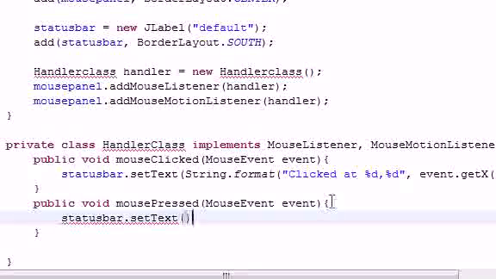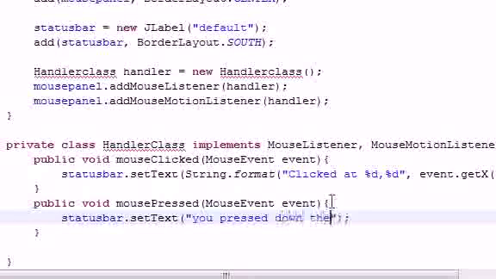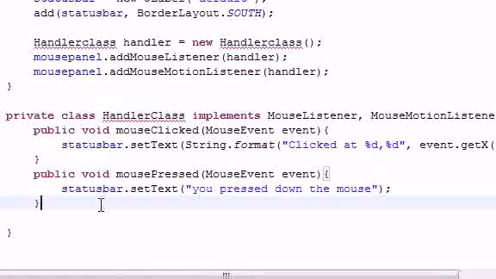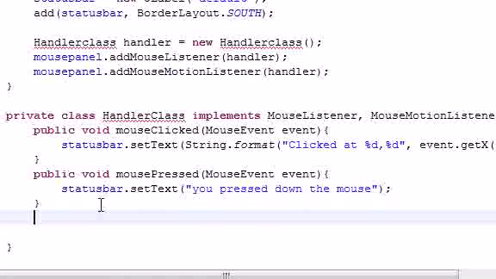This is going to change the text on our status bar to like you pressed down the mouse. So now this is what happens, the status bar is going to pop up this text whenever we press down the mouse. And now we can get the public void